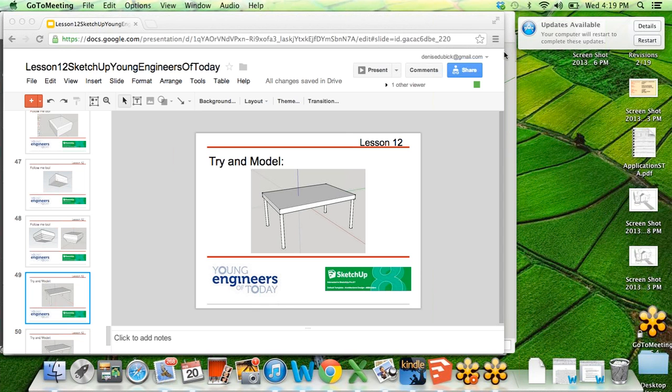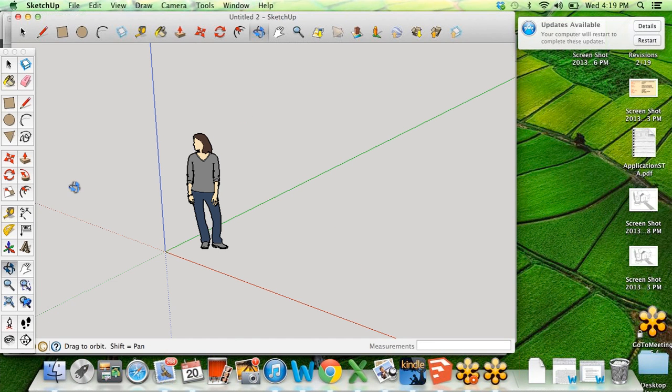And just remember, send me a question if you aren't sure what you're supposed to be doing right now or if you don't know how to start. I'm going to give you guys the chance to design your own table. Think about how you would build it. Remember, you don't have to use separate pieces if you're having trouble with the legs. Think about how when we built a house, we just built the roof right from the original house. So you can have